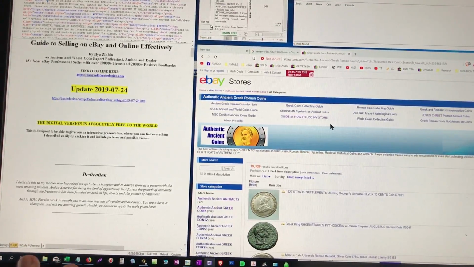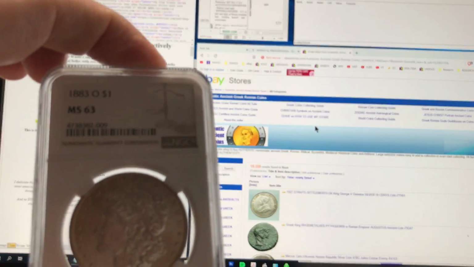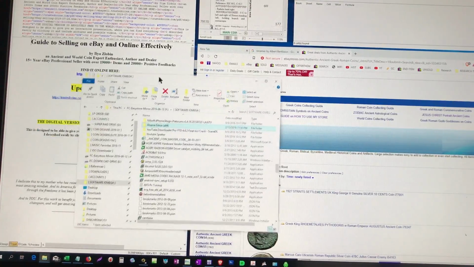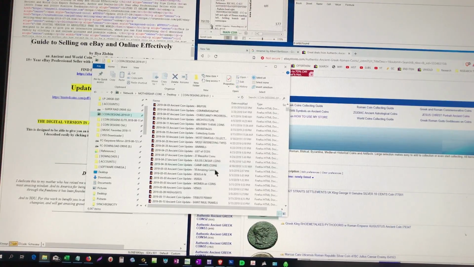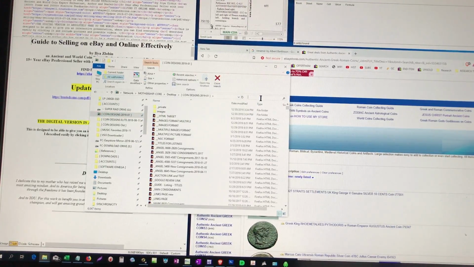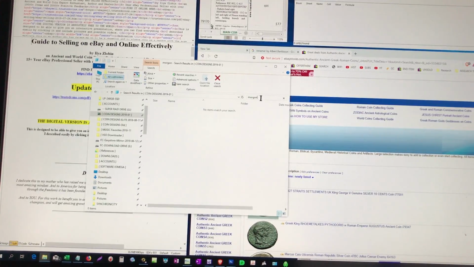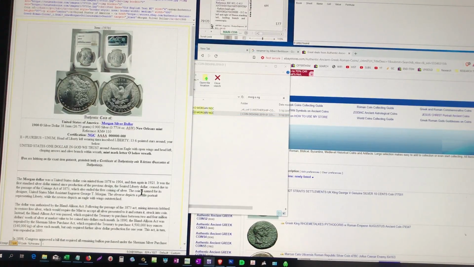For me, I personally already have the standards ready for this kind of coin. Because it's 1883-O, I have a format I designed a while back. So we open up the folder, right? Coin designs, let's say, and we type in Morgan, NGC. See, I have already the standard. Bang. Drag this bad boy in here. My standard has all the description already ready. You see,